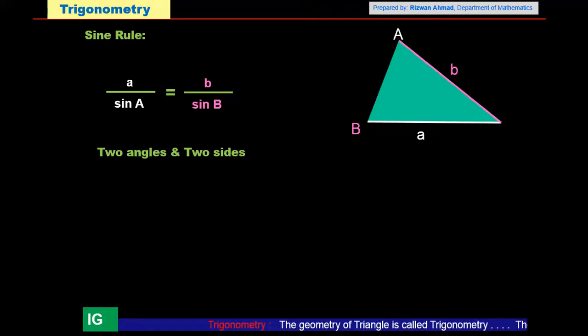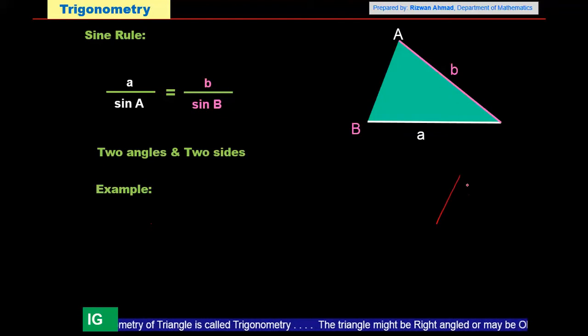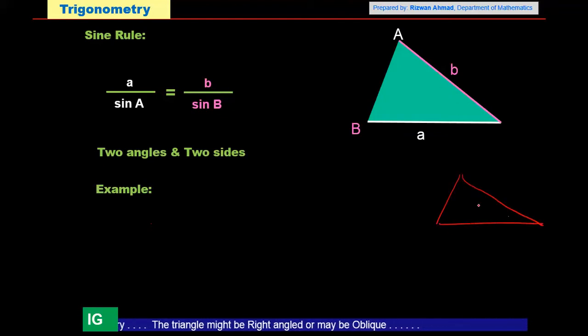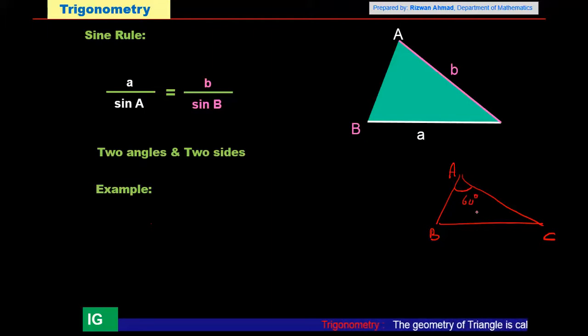So out of these four quantities, one quantity is missing, which we can find by using cross multiplication of this rule, if the third side is there. So then we do an example related to this. So let's say we have a triangle in which this is A, this is B and this is C. So let's say that we have the angle A 60 degrees and the side opposite to this is 15 centimeters